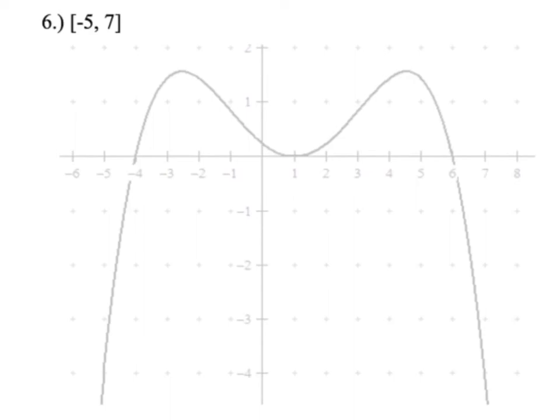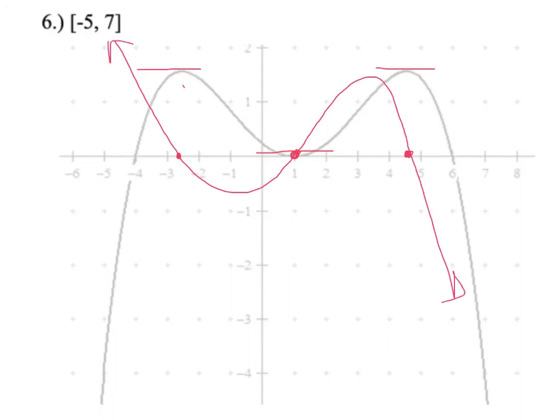Alright, first derivative. When does the graph have horizontal tangents? Somewhere between -2 and -3, definitely at 1, and somewhere between 4 and 5. So now the slopes were positive, 0, negative, 0, positive, 0, and then negative again. So positive, negative, positive, negative. Positive, negative, positive, turn back to negative. And then our f of x,